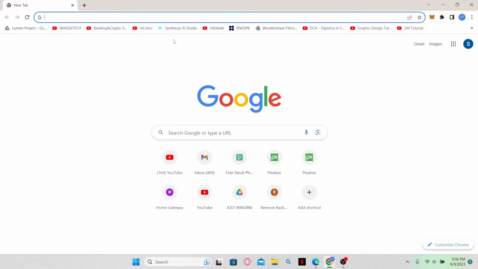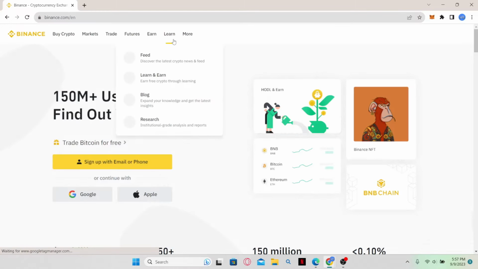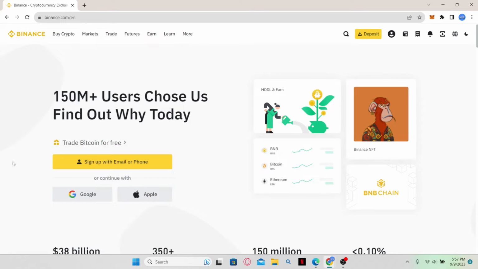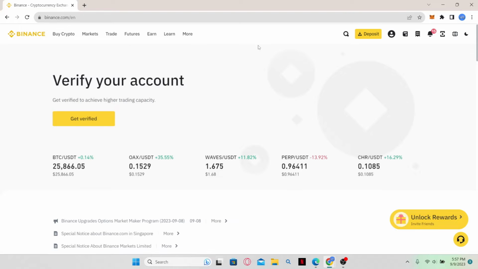First of all, you will need to use any crypto exchange. So choose whichever exchange you are already signed into or sign up and create a new account on any popular cryptocurrency exchange. I'm going to use Binance, so if you have a Binance account, go ahead and type in binance.com